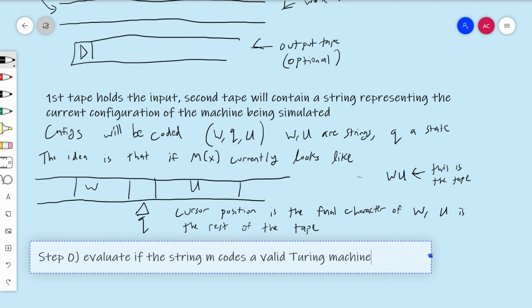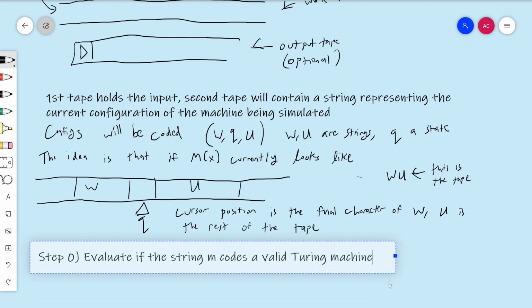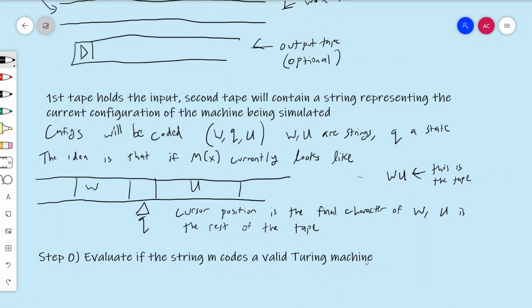There's a lot of ways to do this. I'm not going to go into too much detail, but there's an essential syntax that needs to be there, and I'm sure it's believable that you can do this. I'm not going to get into the details of context-free grammars to justify why this is the case, but it's not hard to see that you can check if M codes a valid Turing machine, and if it doesn't,